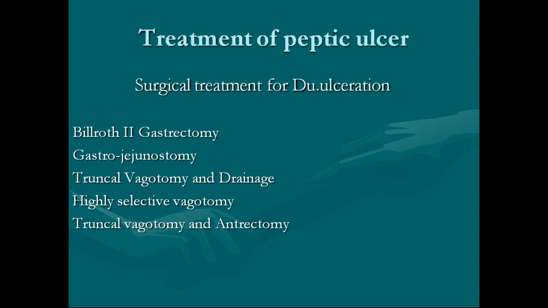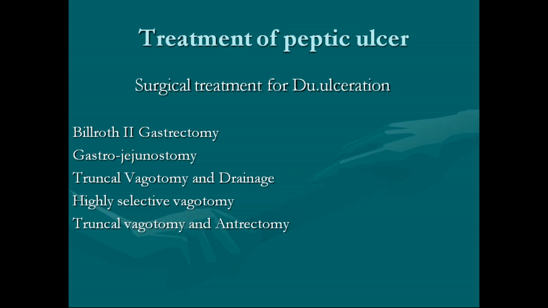Okay. Then coming to the gastrojejunostomy. Gastrojejunostomy is somewhat useful, but it has its own hazards also, because you have done a GJ. What happens? All the alkali content from the small bowel is coming into the stomach. You have not separated anything, you have just brought a loop of jejunum and done an anastomosis to the dependent part of the stomach. Okay. So you have not done any resection. There is no duodenal stump here.